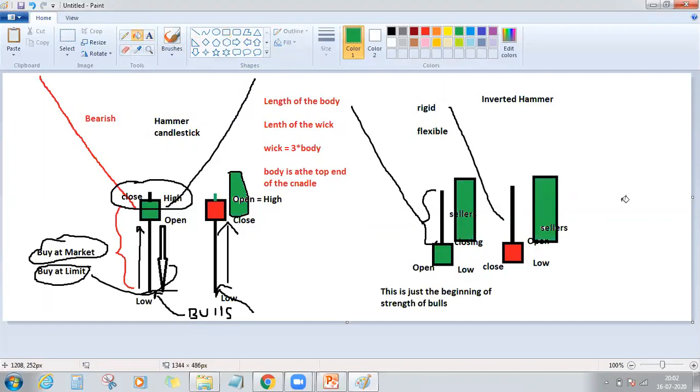Only then you'll get a confirmation that now the sellers are defeated. Because what are the sellers that are remaining here? Those who rejected the price from the top. So if those sellers are defeated the next day, then we can be on the bull side. So starting from this closing price, you can start entering into the trade and bullishness will follow in both the cases. So what is the psychology here? In both the variations, bulls started exhibiting their strength from the starting session.